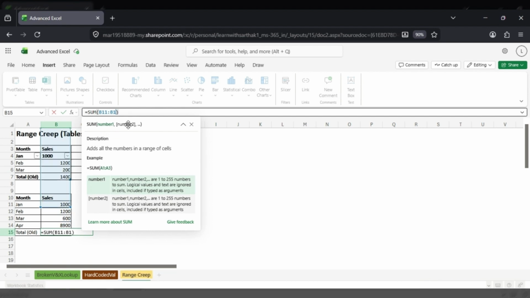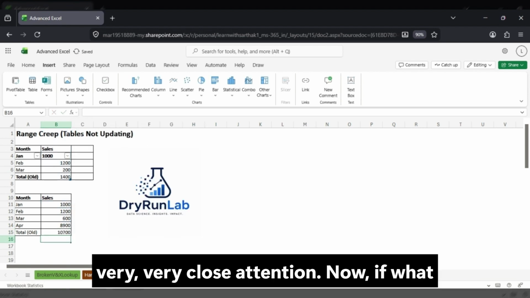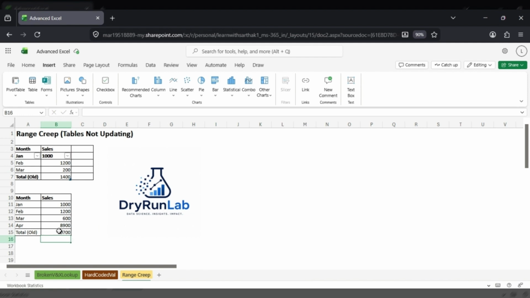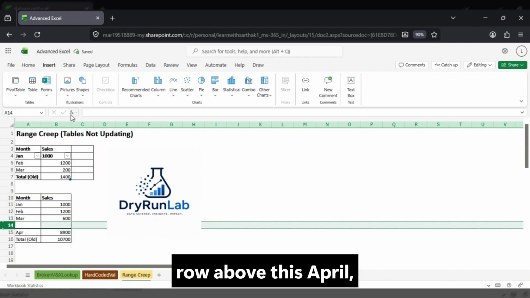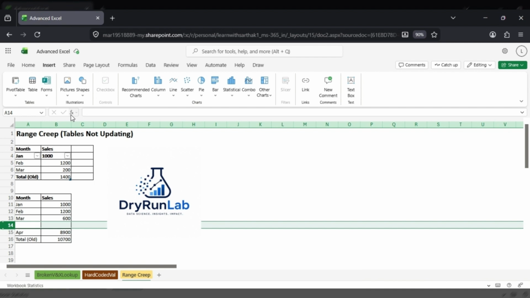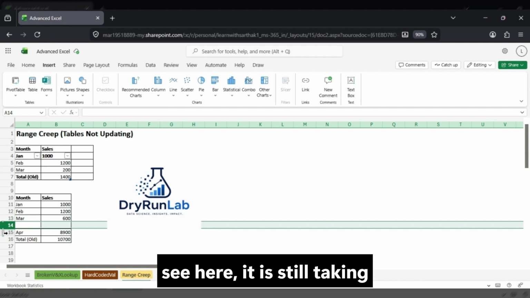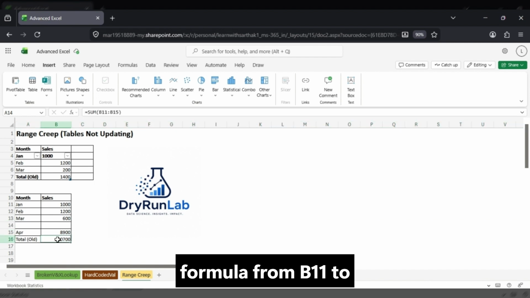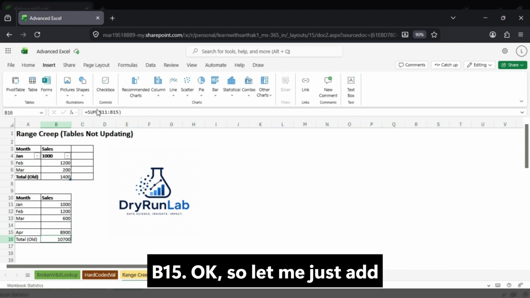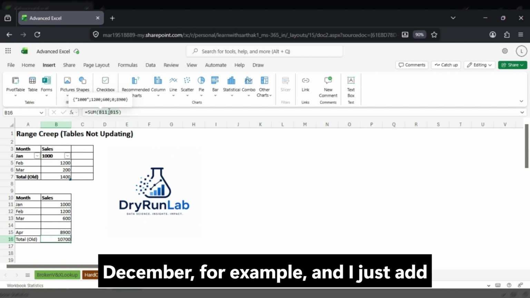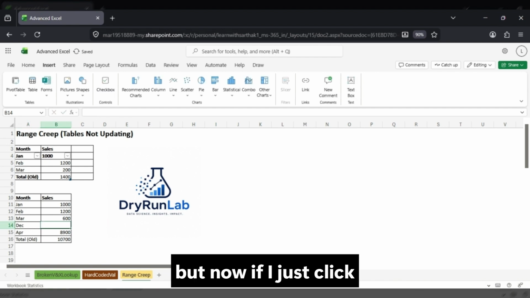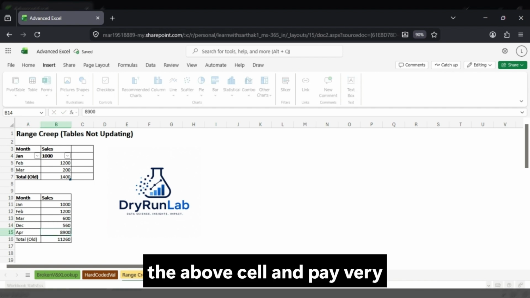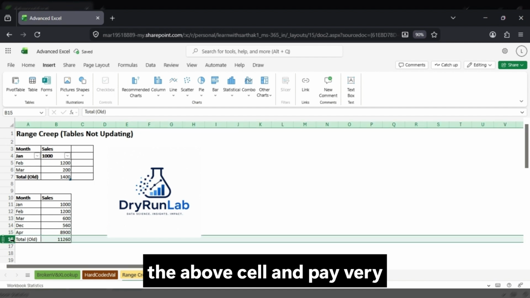Now here, pay very close attention. If I just add a row above this April, see here, it is still taking the formula from B11 to B15. Let me just add December for example, and I add 5643. It has been changed. But now if I click the above cell and pay very close attention,